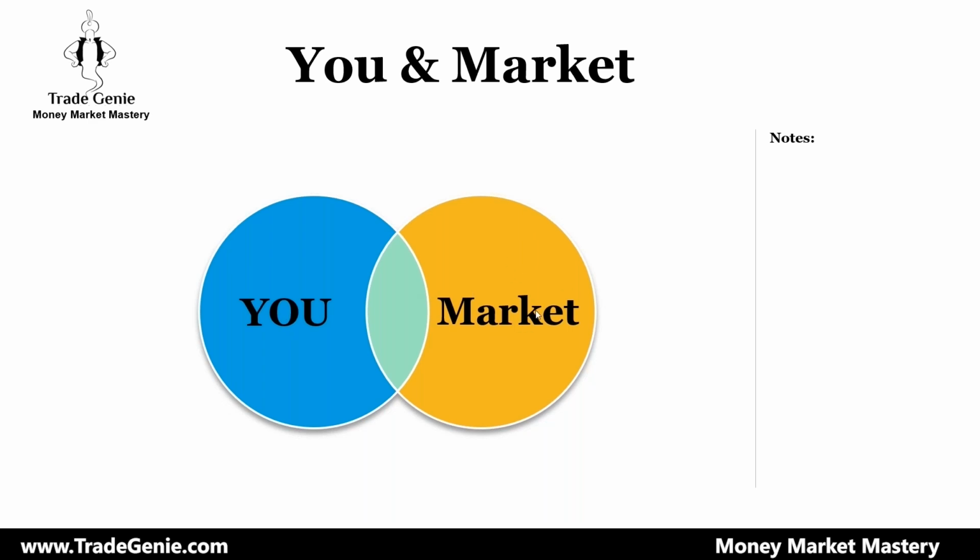Out of those 12 markets, let's say this is me, Noshi, and there are 12 markets here. Which market fits me? That's the market I need to trade. So the intersection of the market and me, my personality, my risk profile, what I'm trying to achieve, what is going on in my life. When you take this intersection and recognize that the intersection has happened, that's where the fortune is made.